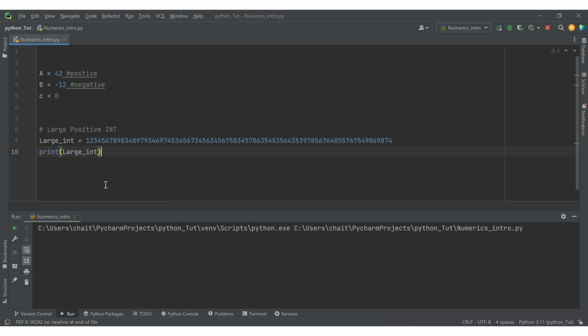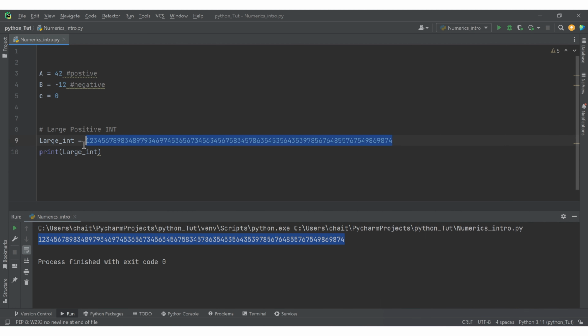Let's run the file. Here we got the result same as we assigned to this variable. So there is no loss of data in Python. Python can represent large positive integers with precision, ensuring that no data is lost due to the size